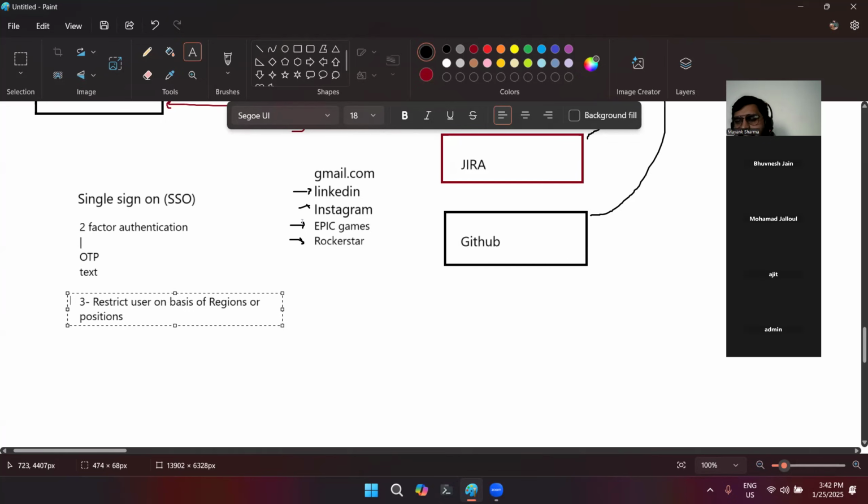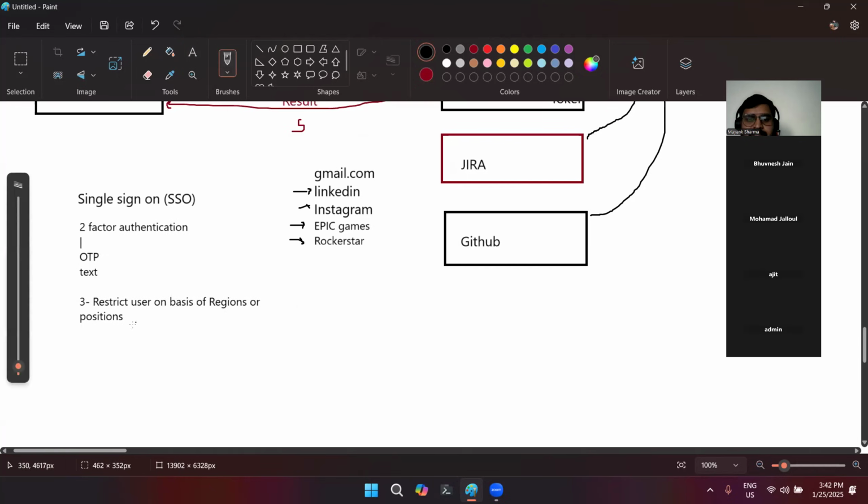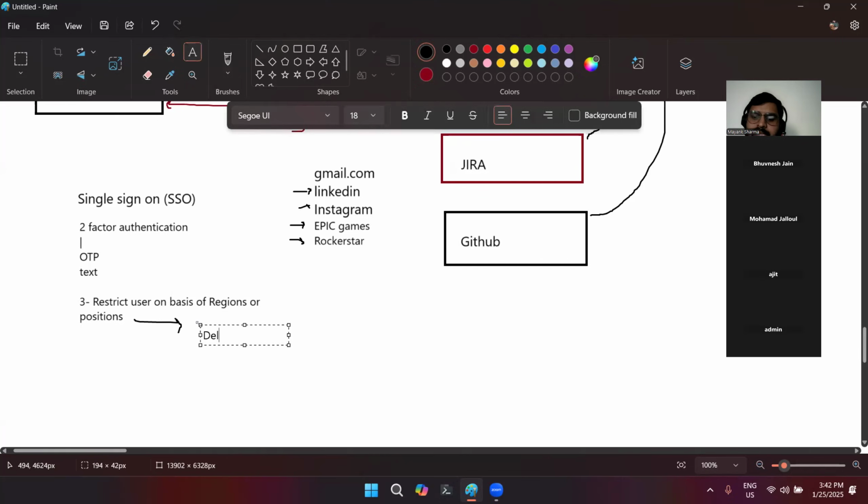Okay, so yes, TCS says okay, we are going to hire or place the candidates who are in Delhi location only. Now, how is Morningstar going to identify whether all the users are present inside Delhi or not? They are going to attach a particular option in their Active Directory where they are saying if the user is not present in Delhi, then that particular user is not going to be allowed to log in. Okay, and how are they going to check if the user is present in Delhi or not? By using their IPs.